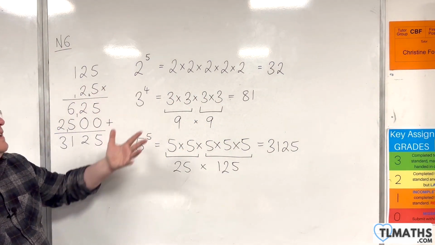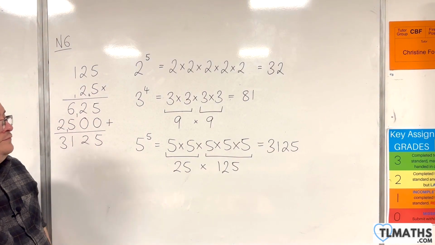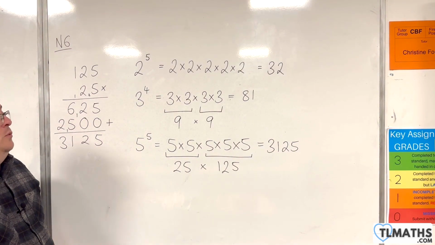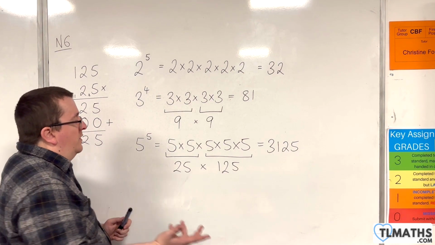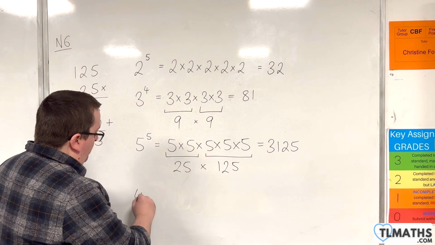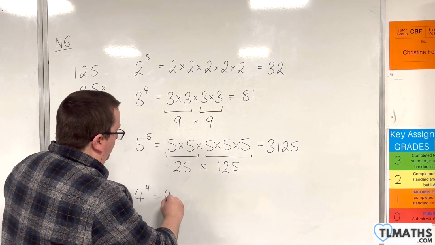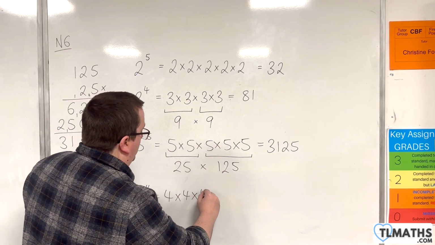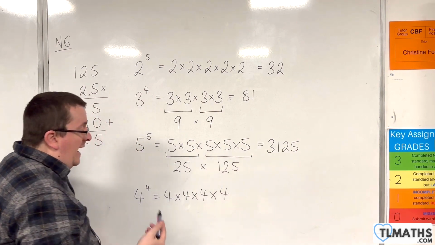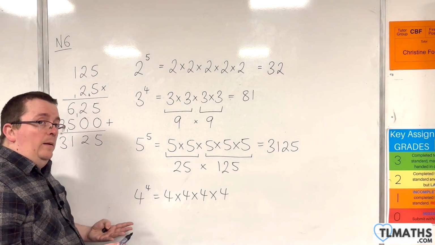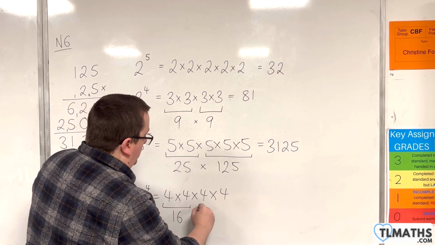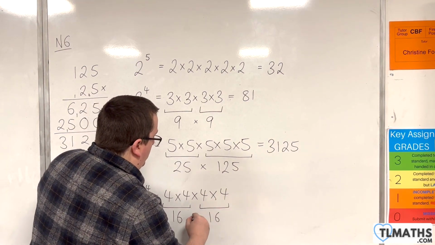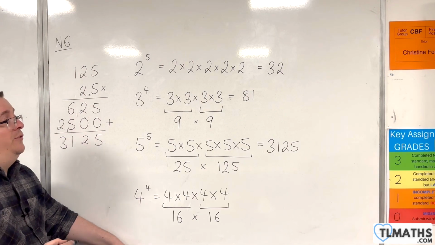So although I haven't done an example with 4, I could equally do one with 4, just to kind of complete the set, I guess. So we could have 4 to the power of 4. So 4 times 4 times 4 times 4. And again, splitting it up is a good idea. So 4 times 4 is 16. 4 times 4 is 16. So if I could work out 16 times 16,